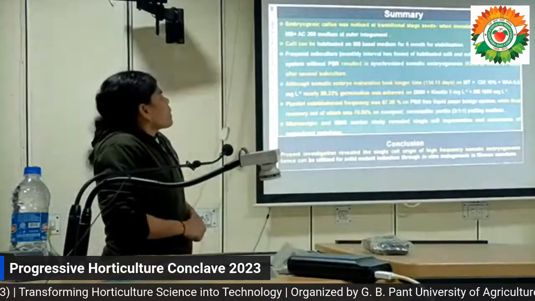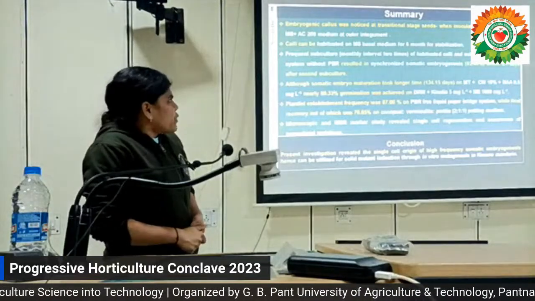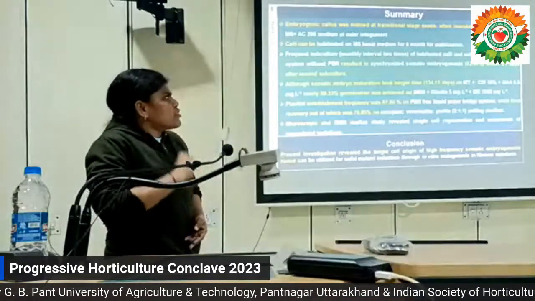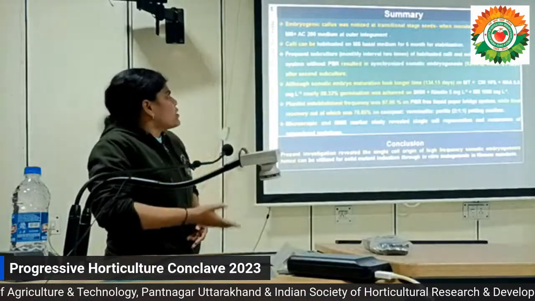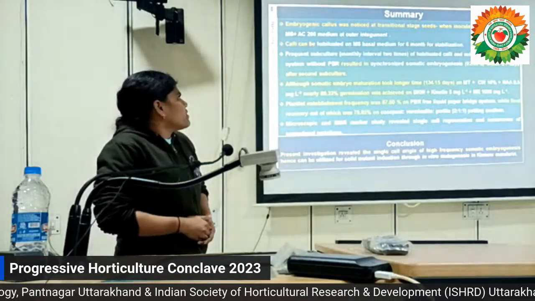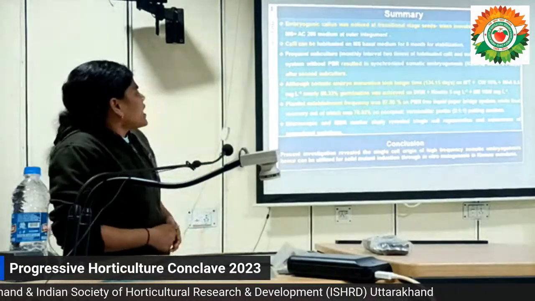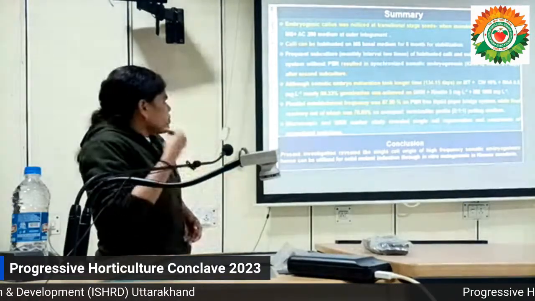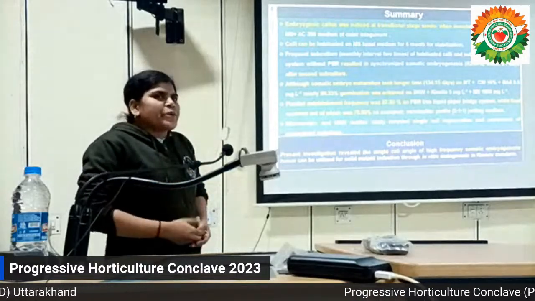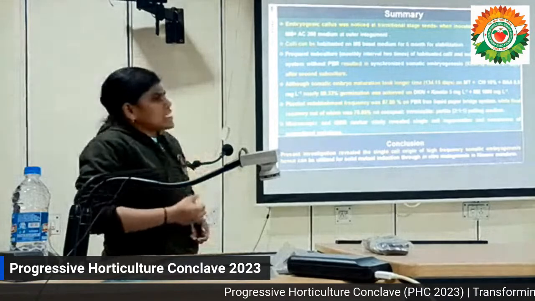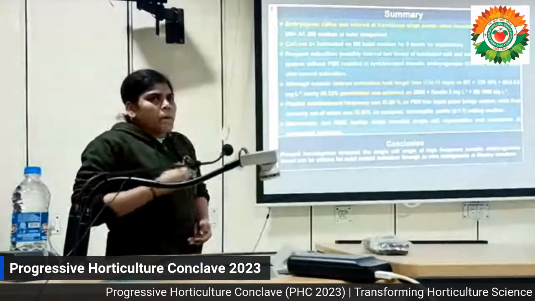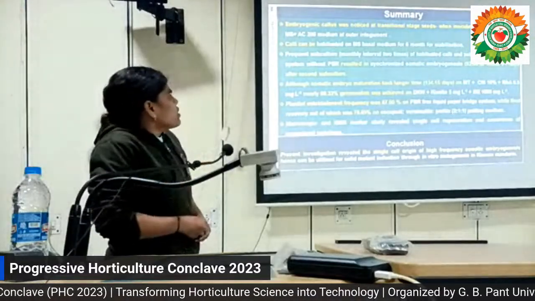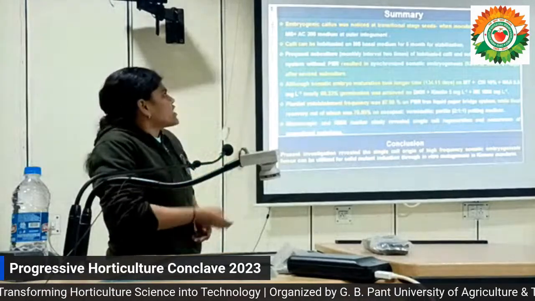The summary is, embryogenic calli can be initiated from the outer integument at the transition of the seeds from full maturation to desiccation on MS medium supplemented with 200 milligrams activated charcoal. When this calli was subjected to habituation, it had stability, and when it has stability, it can be maintained for a longer duration. And also, since it is maintained on hormone-free media, it has very little variation compared to other reports. Then it is subjected to suspension culture on hormone-free media.